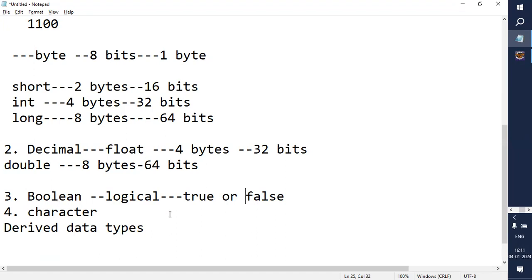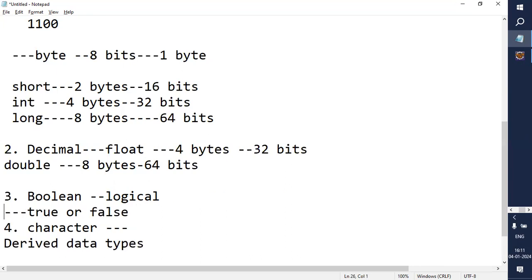The default value for boolean is false, the default value for a decimal is 0.0, and the default value for all integers is 0. And next, character. Sorry, in this boolean we have the data type by name boolean. B will be small here, and all the data types I'm discussing right now